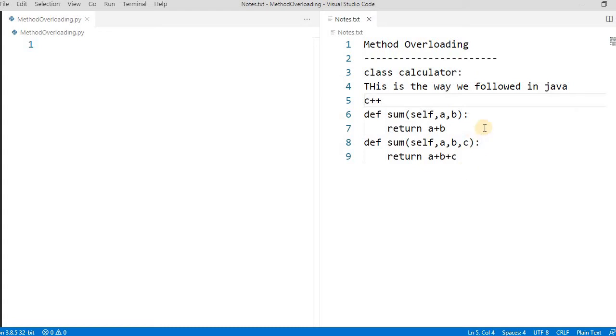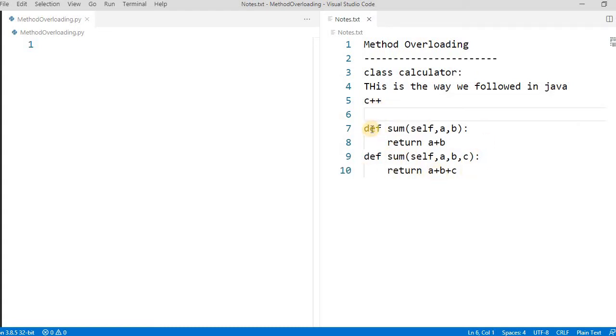But in Python, the case is different. If you write this code in Python, the previous method is overridden by this one, so this one will never be called. Let's try to understand it, and then we will see how to implement overloading in Python.